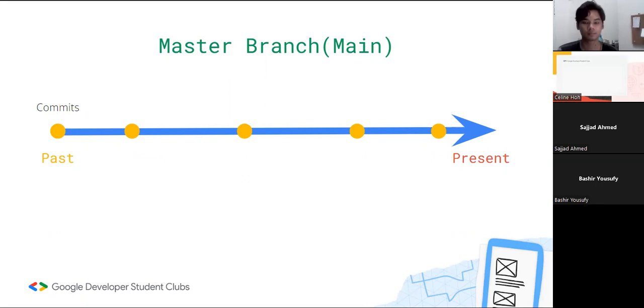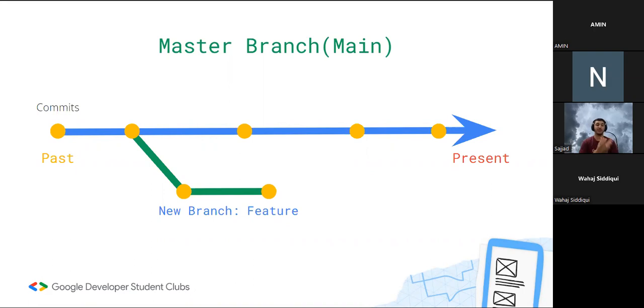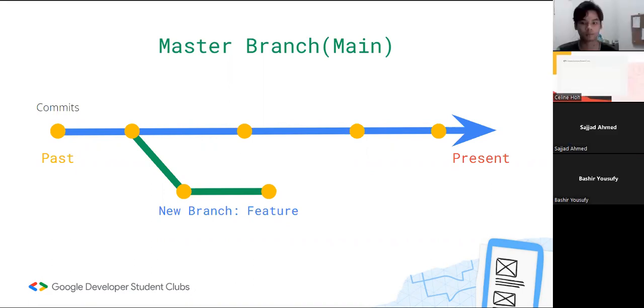One more amazing thing, next slide, Qaim. You can have multiple branches. You can create a new branch to create a new feature. And this is one of the most used cases for branches. When you want to have a new feature, you implement it in a new branch so you don't interrupt the